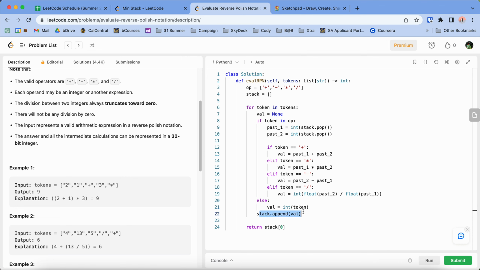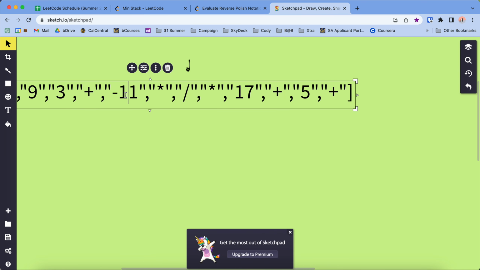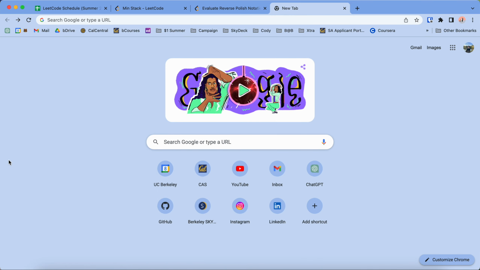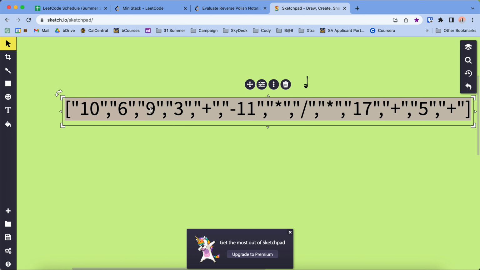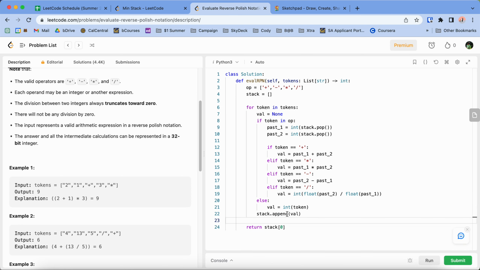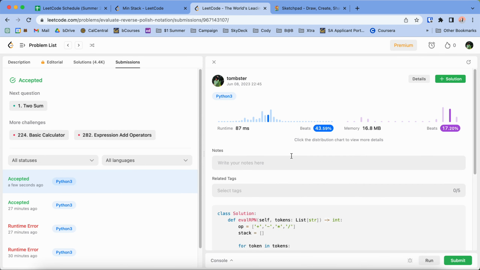And then at the very end of the for loop, we're going to append the value. So this would mean we're either appending the number here or the computation. We are either returning a value of 9, for example, or we're returning the value of the computation from the plus. So that would mean 9 plus 3, which is 12. And so either way, we're appending a value, but that value is set to either the computation or the value of the number itself. And so yeah, that is a solution you can run